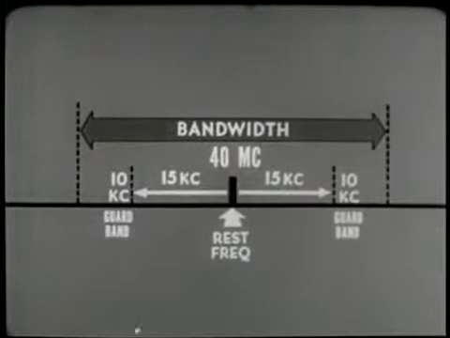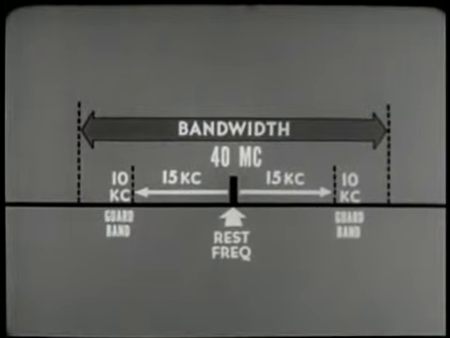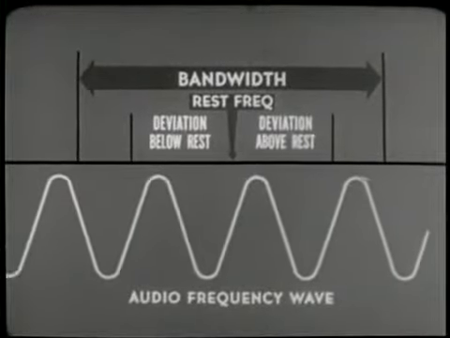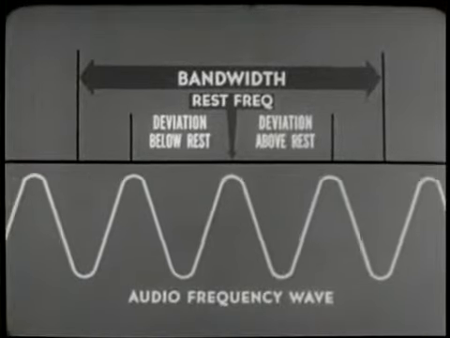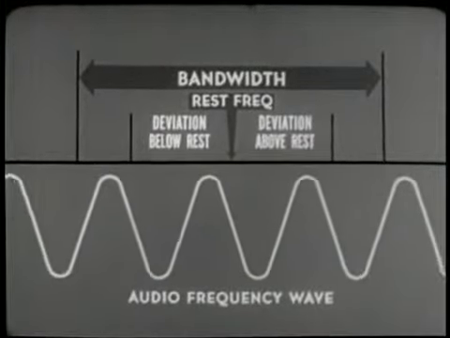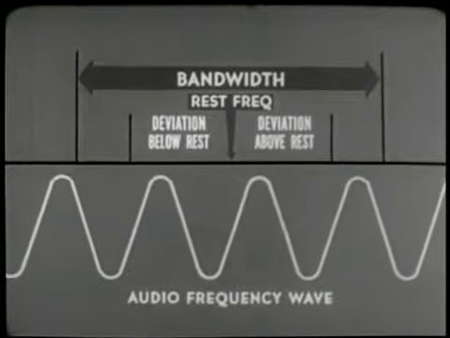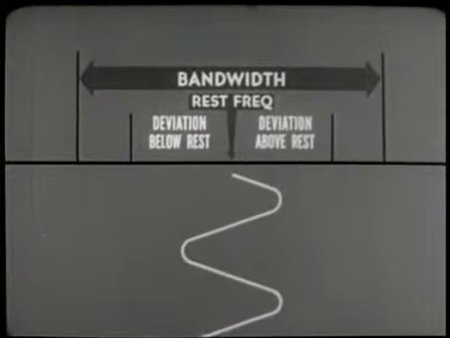The 50 kilocycle bandwidth is not a standard. All FM transmitters do not have the same deviations. It will vary in accordance with the equipment's design and mission, but the principles under study apply to any and all FM transmitters. Ordinarily, an audio frequency wave is visualized horizontally like this. But in order to see more clearly its modulating effect on the carrier, let's shift it about and direct it at the channel.